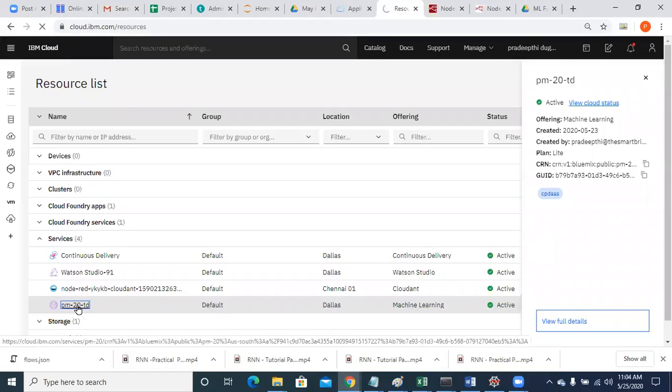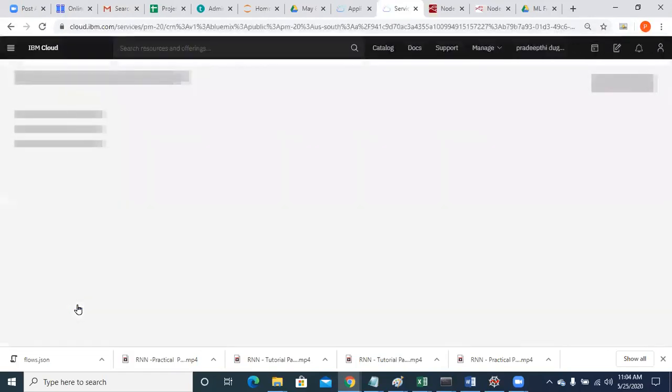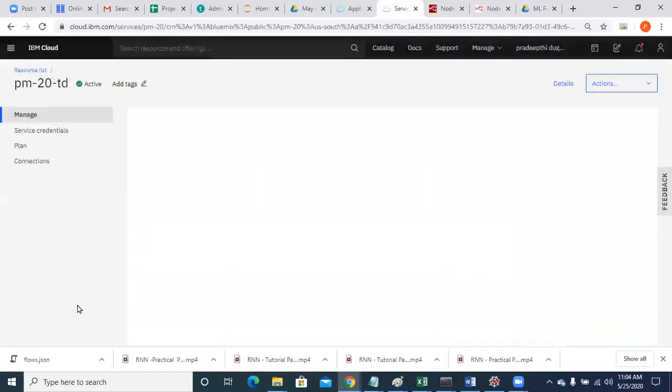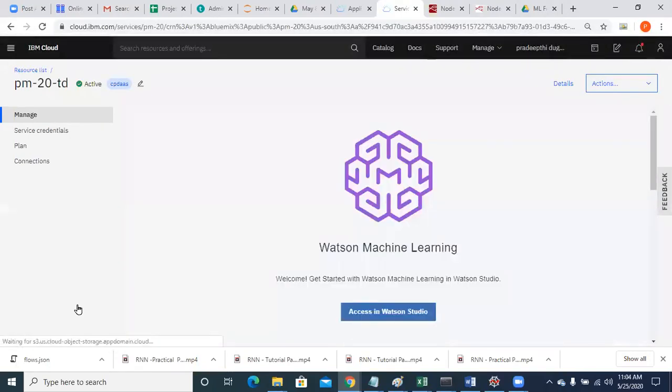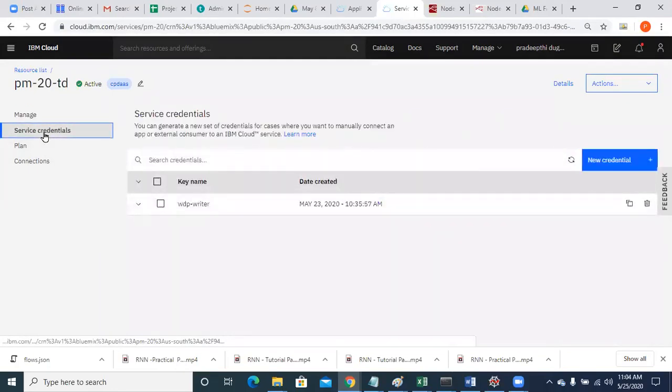You have the machine learning service. Open that. If you open that, you will find some service credentials.